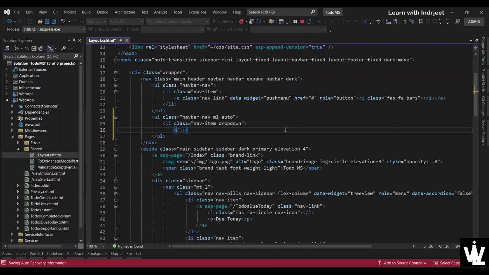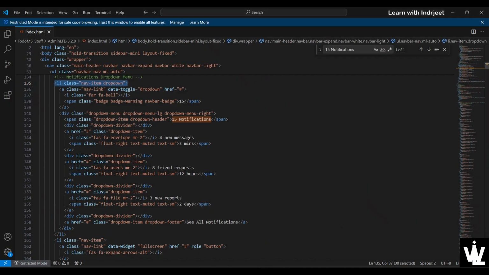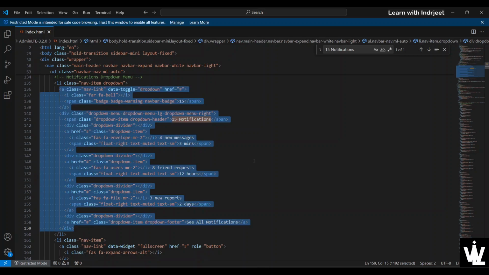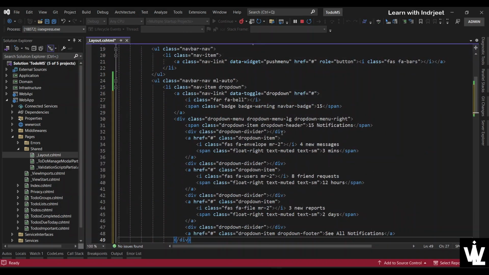Let's close the li, and then we'll have an anchor tag to open this div. Okay, so let's take them all and paste here. So instead of this bell icon, we want to show maybe a user,